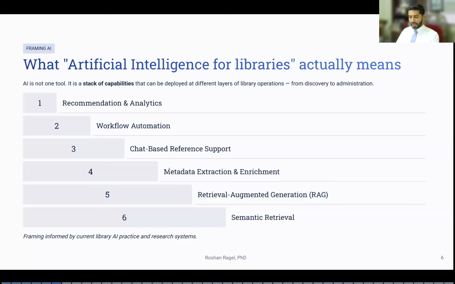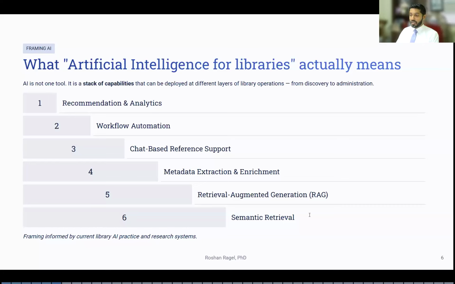And how do we extract and enrich metadata faster? And can we use this generic idea of retrieval augmented generation, or in short, RAG? I'll talk a little more about RAG later, because RAG is how generative AI becomes more reliable, giving responses based on existing and authenticated or validated data. So that's something that everyone has to talk about, how RAG comes into the picture.